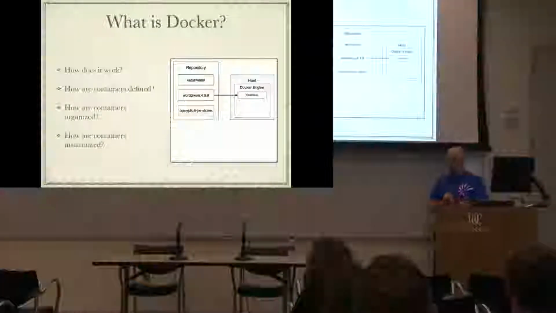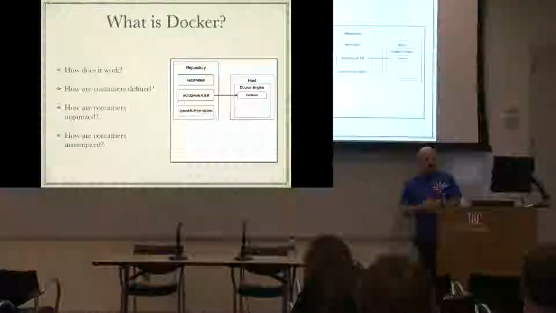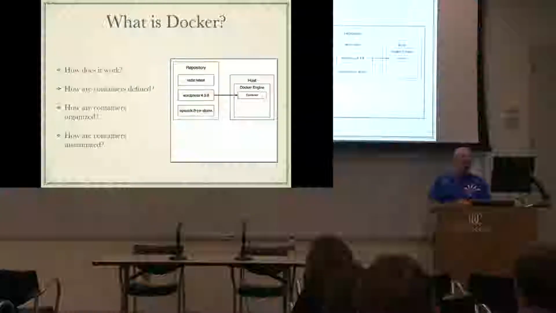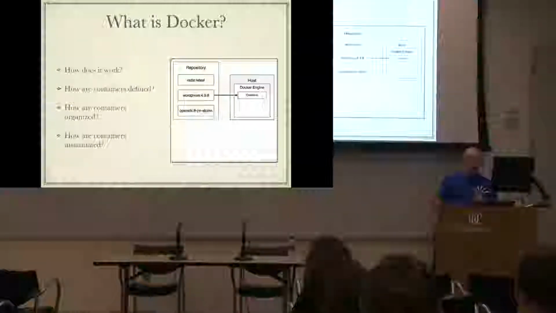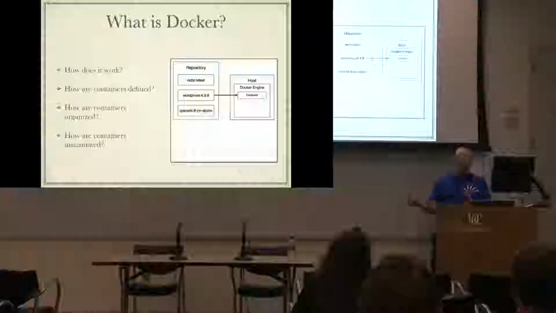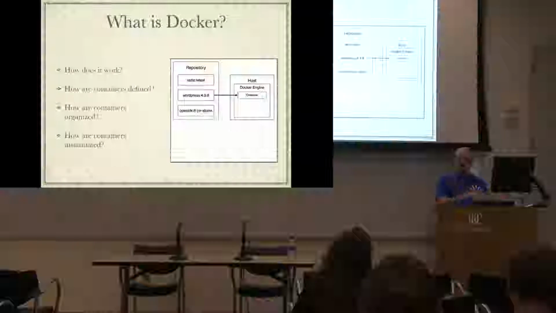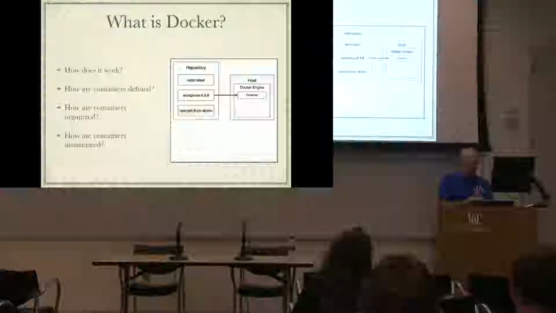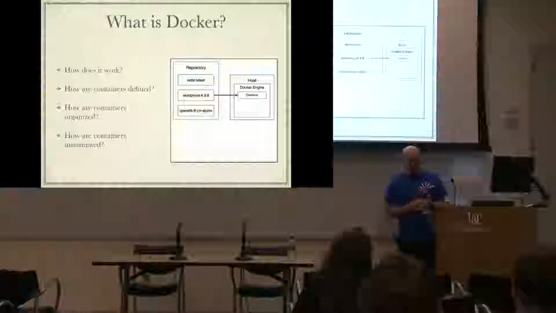Okay, so what is Docker? How does it work? Docker is a unified solution for container creation and management. It allows you to build containers, deploy them into an environment, and have them running as units of functionality. Docker Engine is the application that's installed on a host machine. That's the core of the system. It's a daemon, and it exposes an API that listens to requests coming in that are getting forwarded to these containers.